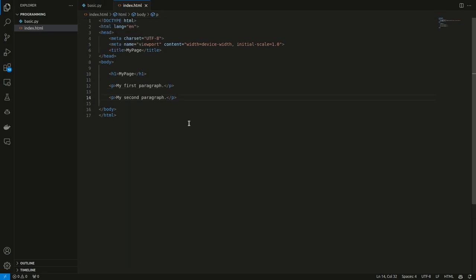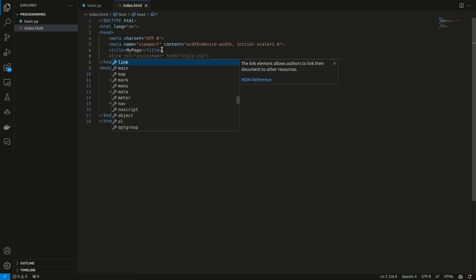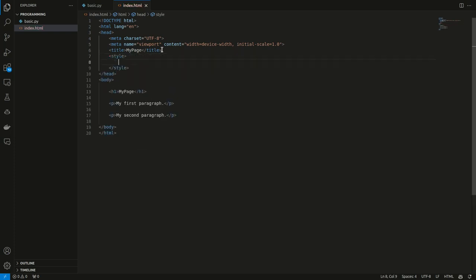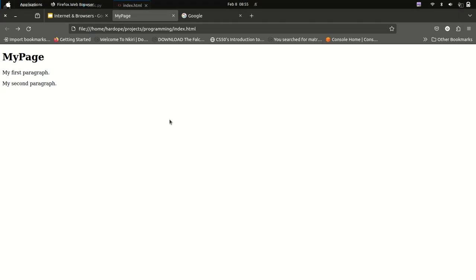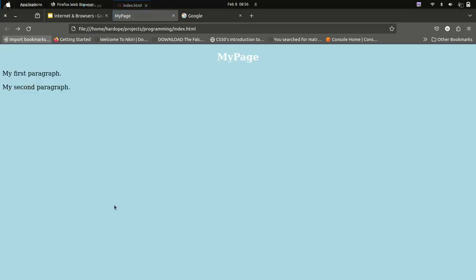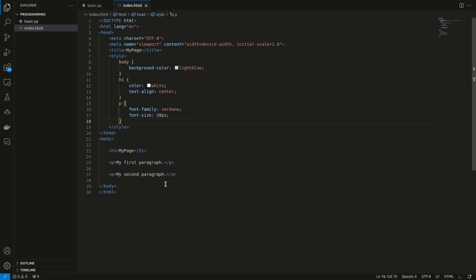Now you could write external CSS files for this, but for now let's just keep everything in a single file. I would explain that later. So let's say we have in the head, now this style tag is where you have your designs inside of the HTML. So now let's take a look at background color equals light blue, h1 white. Now with all of this, let's take a look at what happens when I reload my page. Now you can see something looks different, even though I just added a few lines.